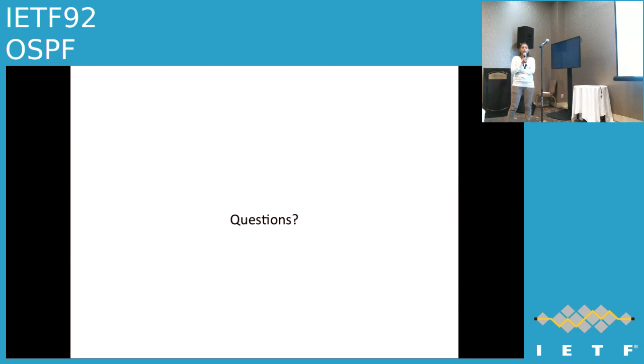For OSPFv3, I think it's missing in the presentation. We have a link overload TLV specifically for OSPFv3, which is carried in the extended router LSA as a sub TLV of the router link TLV. The format is similar. The only thing is you just need the type and length, and you don't need the IP address identifying the link, because the TLV already defines the neighbor's interface ID.